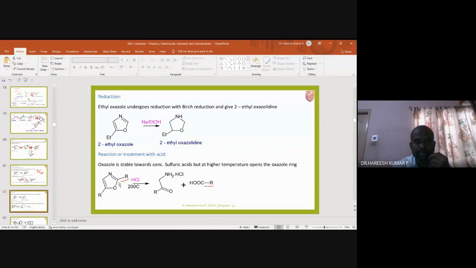It means that oxazole undergoes ring opening reactions with acid at high temperature, giving rise to amino ketones and carboxylic acid. So that means